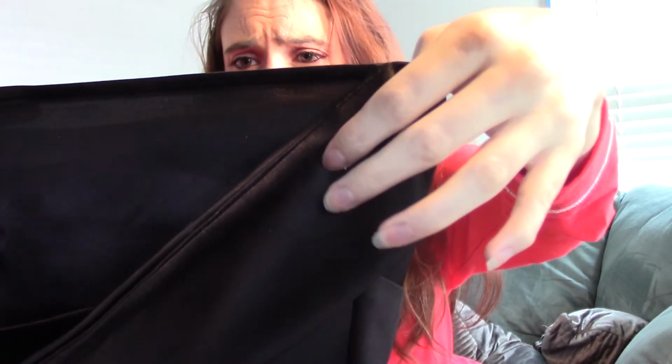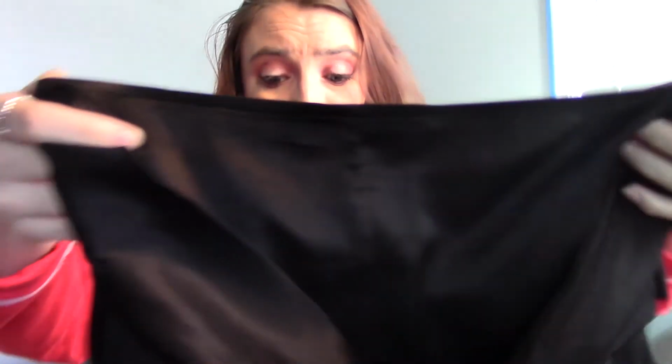So, I mean, it feels really nice. It's really cute. I don't see any kind of flaws on it. I like that it comes to a point in the back. It's really adorable. It feels really good. So even if for whatever reason it's not real, I do think somebody would enjoy it. It's kind of got an elasticy waist. So it's really nice. I'm gonna have to do a little bit more research on it to confirm for sure